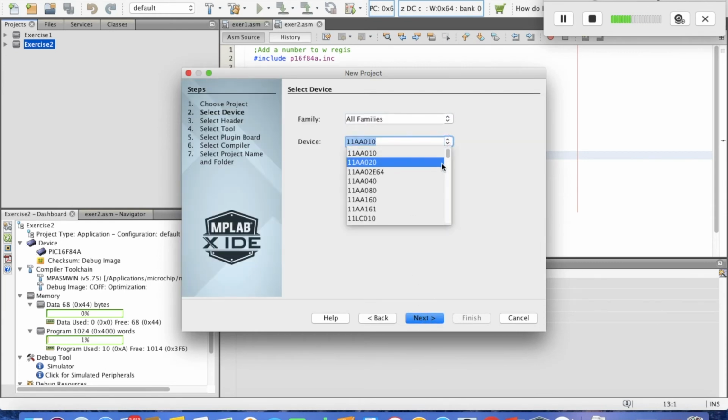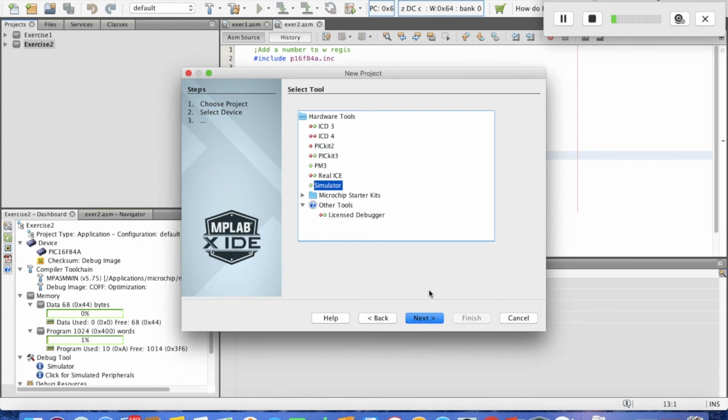Next, select 16F84A. It should be somewhere there. Should go down. Yeah, should be somewhere. Okay, this is the one. Next, simulator. Next,